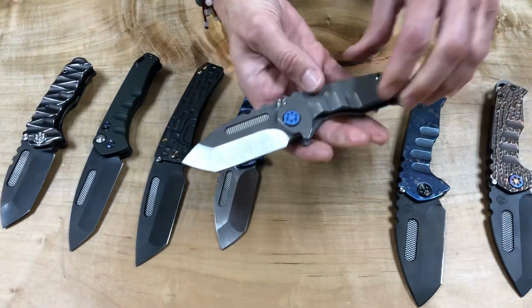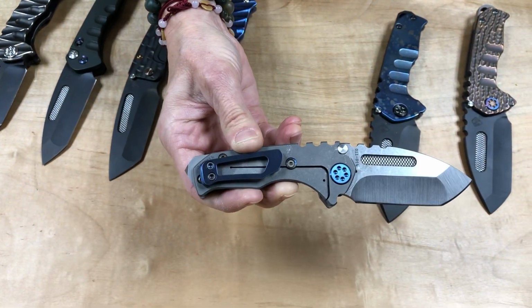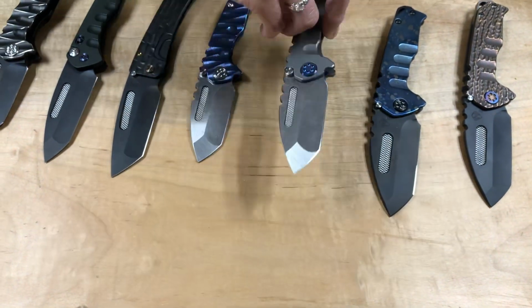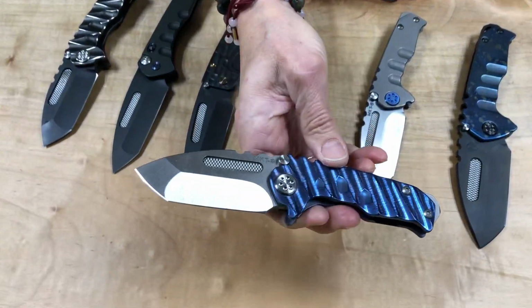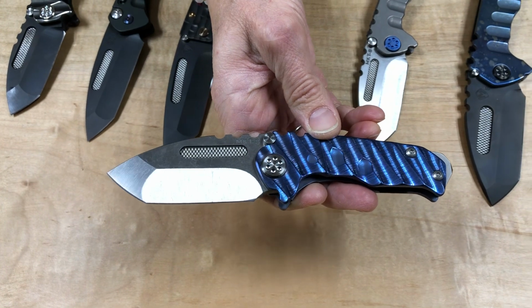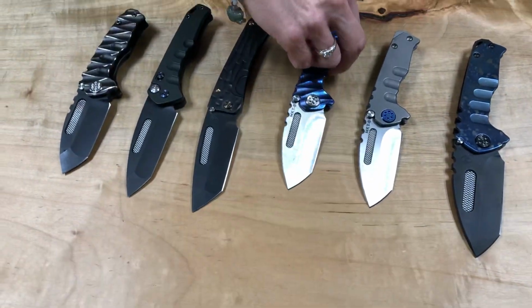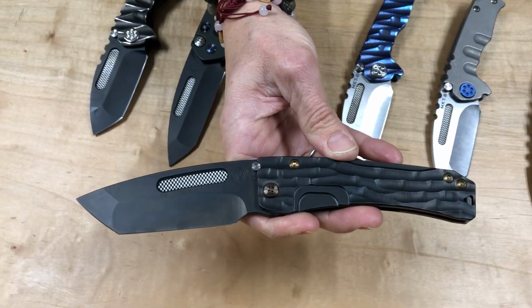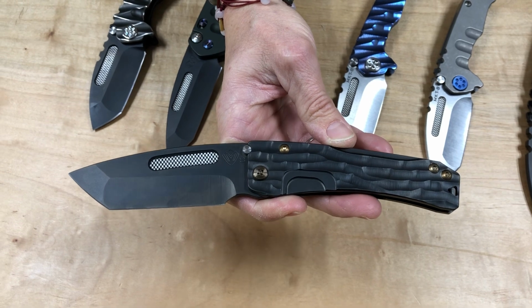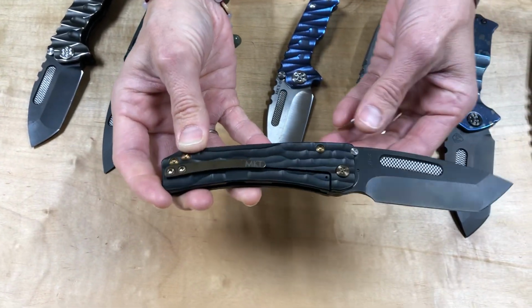Micro Praetorian T, I'd call it Terminator, but technically that would mean standard hardware and clip. So it is Terminator with blue accents. This one here, Lightning. So Lightning blue handles, S35 Tanto blade. Slim Midi Tanto, black with bark sculpting underneath it. So we do the sculpting, send it out to PVD coatings, and it's got brushed and bronze